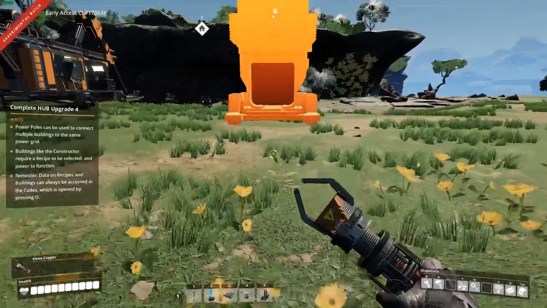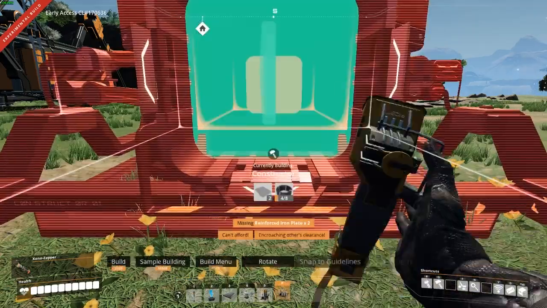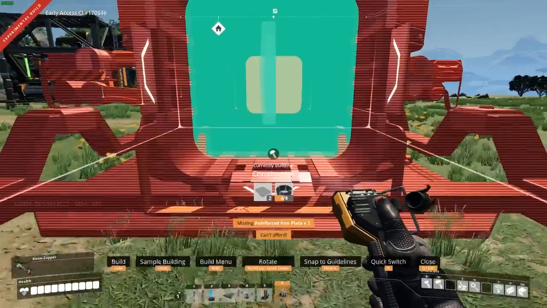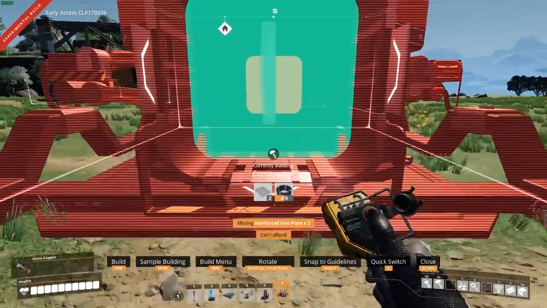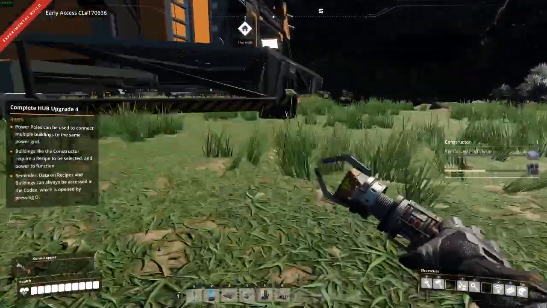Okay, and we're going to go back to the build menu and take our constructor and put it on hotbar 6. And we're going to step away from that a little bit. Actually enough that we can get a splitter in there. We'll get there and line that up. Okay. And we're going to add a constructor to our...